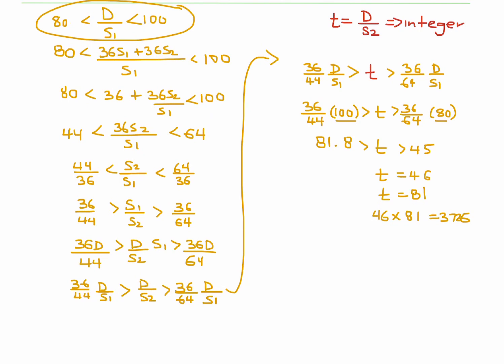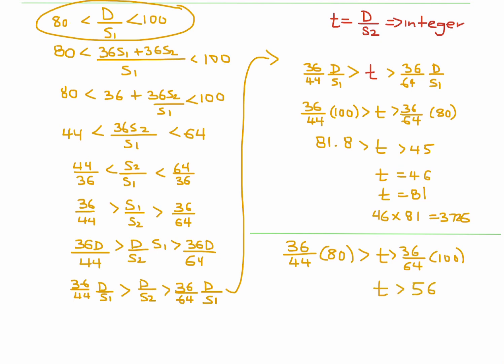Instead of putting 180, let's flip it. So that's perfectly fine. It's a good thing that that's not one of the answer choices, because that's the wrong answer. So put 36 over 44, but this time put 80 here. And on this side, we can put 36 over 64 times 100. When you do this math, t becomes between